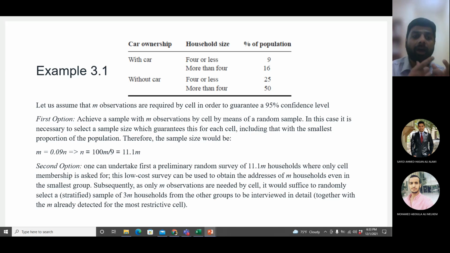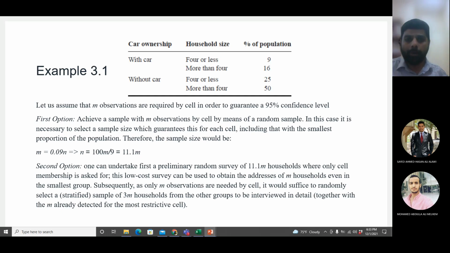Okay, so in the first round of survey, you collected random samples using the random sampling technique, but you did a very short survey from these 111 households. Okay, then now you know for each household to which category they belong. So now you don't have to do the complete survey for the entire 111 households. If you need only 10 samples in each one of them, you will go to 10 from each category, because now you know to which category they belong, right?